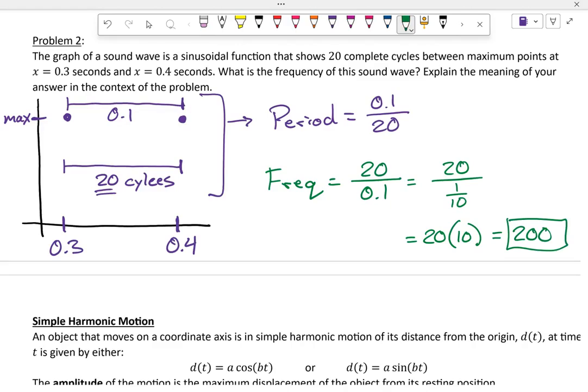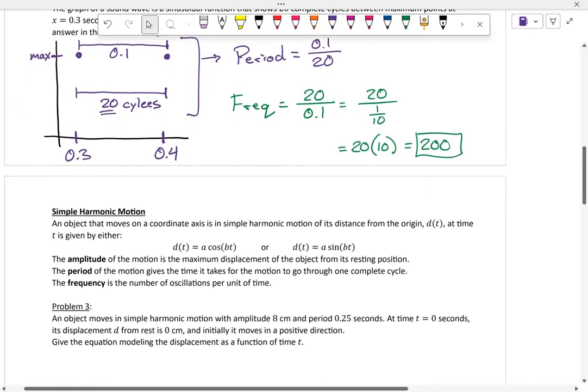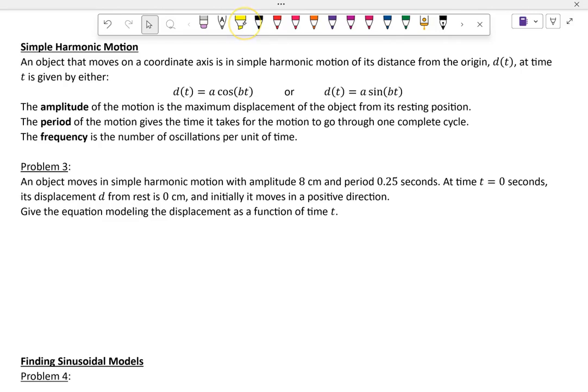All right, go ahead and turn the page. Let's talk about simple harmonic motion. All right, so simple harmonic motion. Simple harmonic motion is motion that, for example, can we